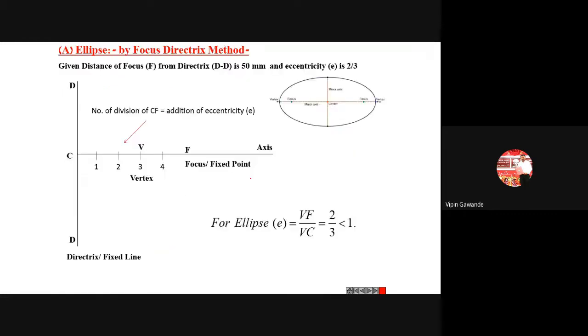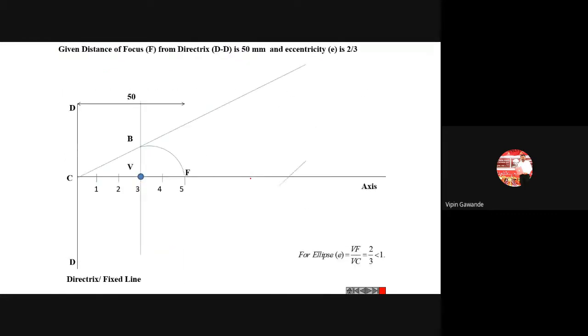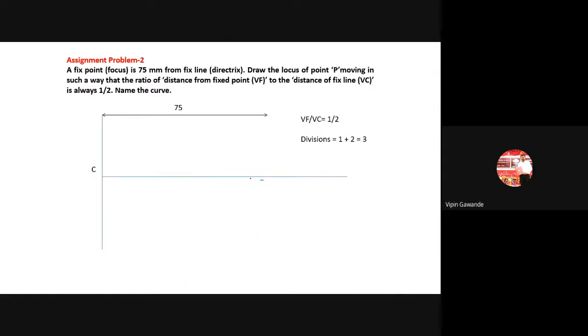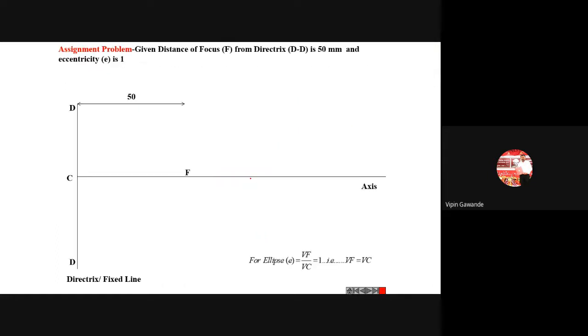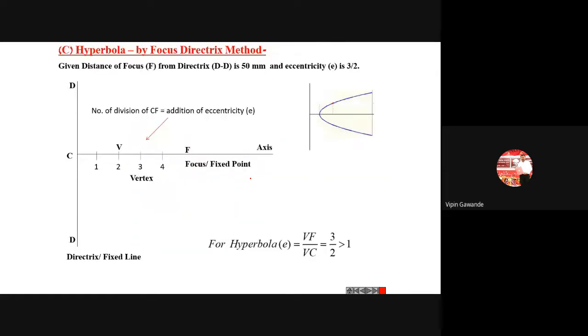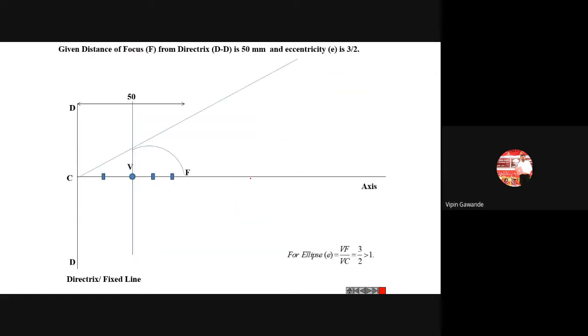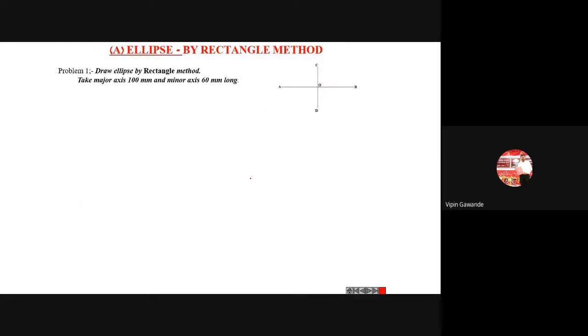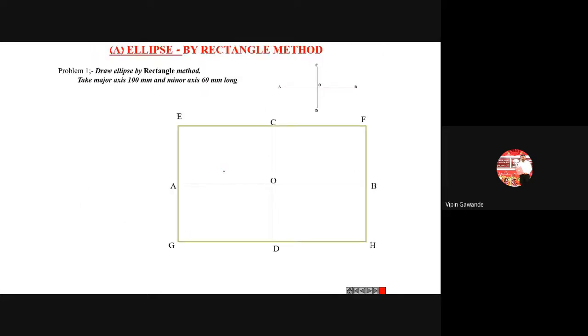Then we have seen different types of construction methods. So just follow our previous videos. We have already covered this in the previous lecture. Then the second method we have seen is the parabola. Likewise, this is the rectangle method we have seen. Now in the rectangle method, again, this is very important.